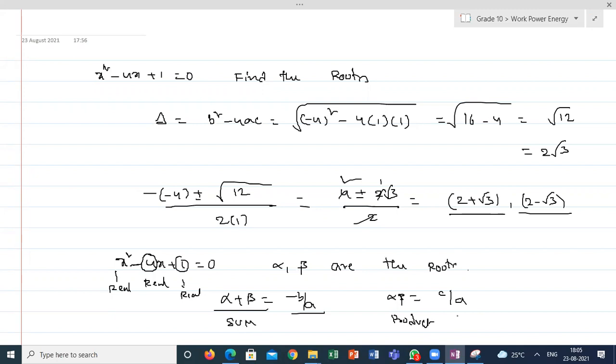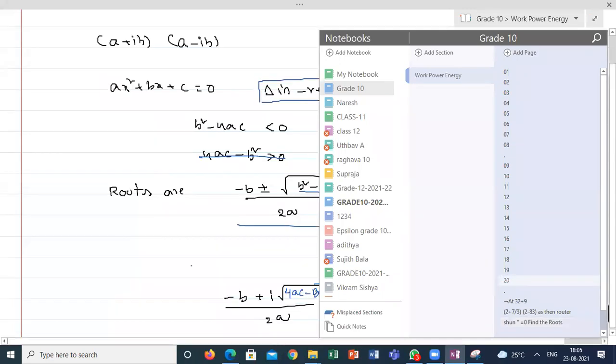In case of irrational roots, the coefficients might be irrational, since root 3 might be a root of some numbers. But in case of complex roots, I can't keep i in the coefficients because i is not real. So for a quadratic equation we define the coefficients to be real initially. If the coefficients are not real, that is a different concept. So to make the sum and product real, the roots should be conjugate. In the calculations also we always get conjugates. That is the proof I already showed here, of why it is always conjugate.